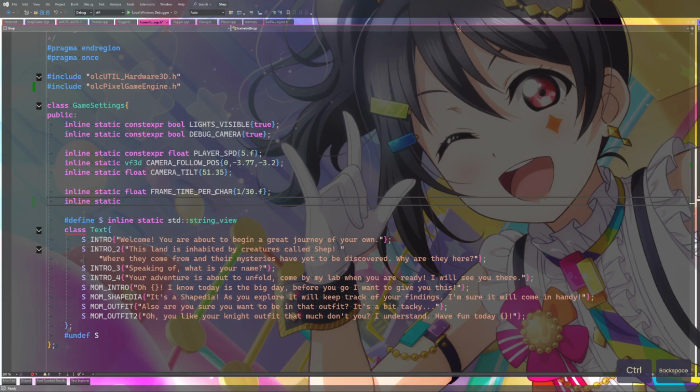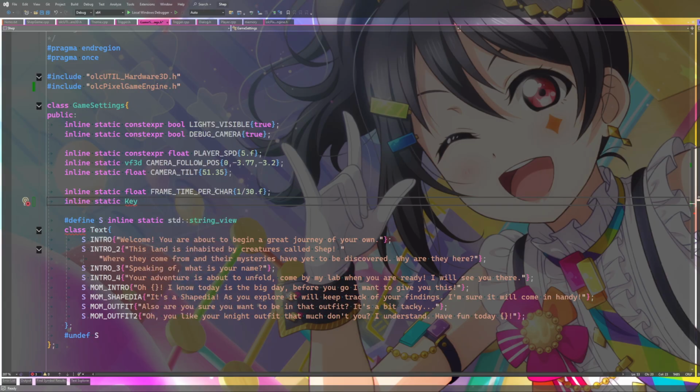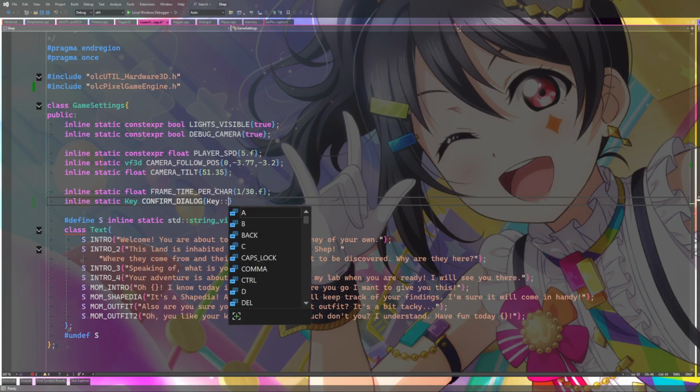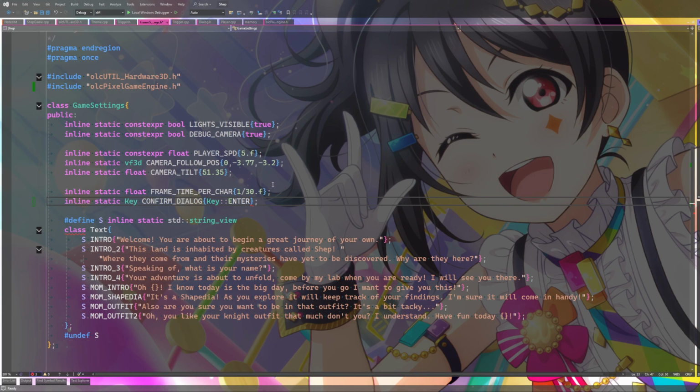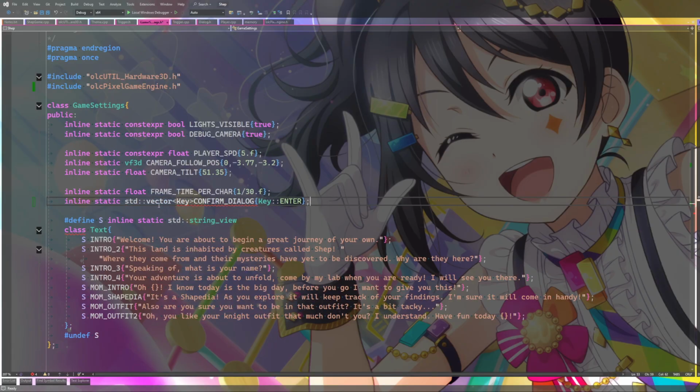So I was just making a key for confirming dialogue. Enter, space, whatever. Maybe I should have multiple. Sure. Multiple. Why not? Key enter.